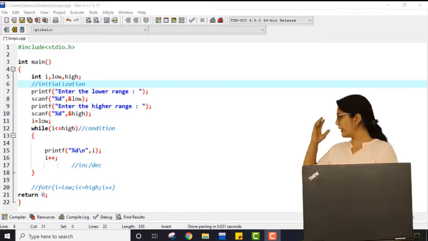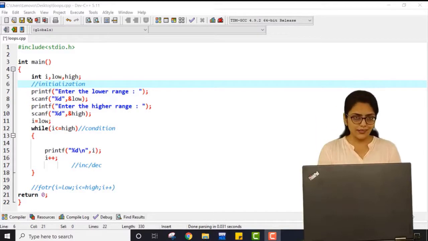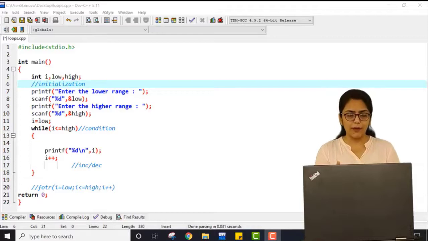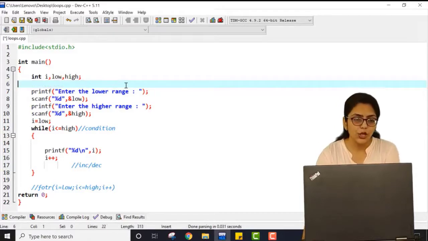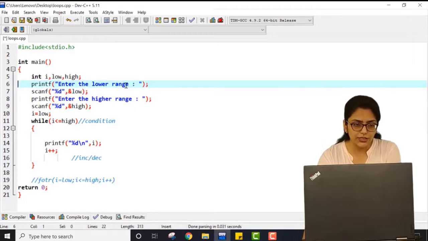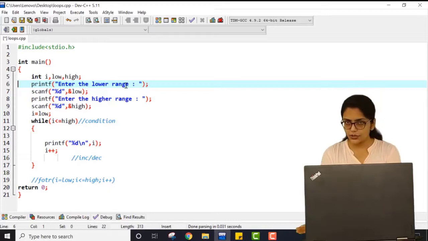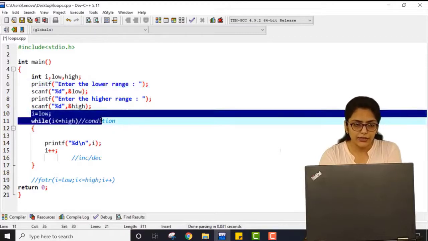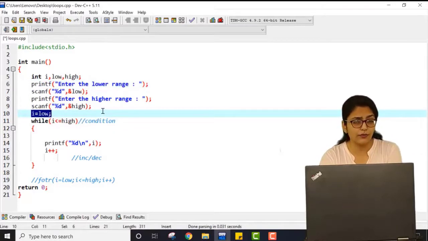So this is the program, which we wrote for understanding the for loop and while loop. Now I am modifying this program in order to show you how the do while loop works. For the do while loop, let me just erase this initialization over here. I am taking values from the user, so I am using scanf for taking the higher value and lower value, and this initialization will be common for the while loop as well as the do while loop.